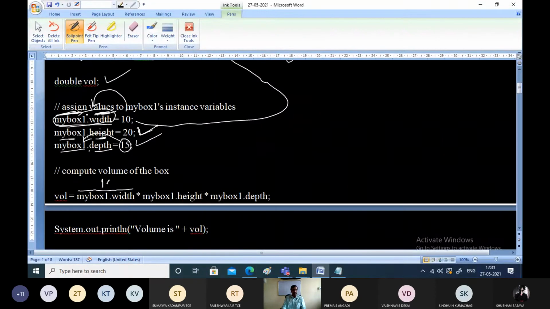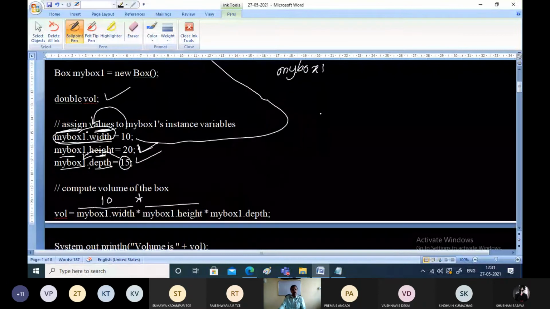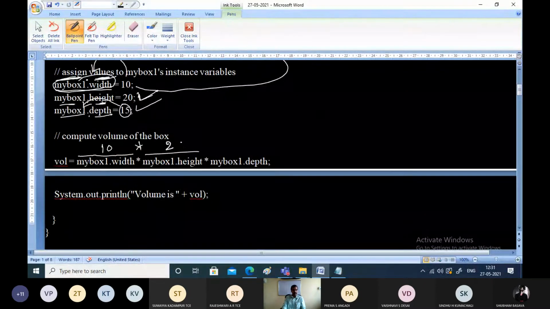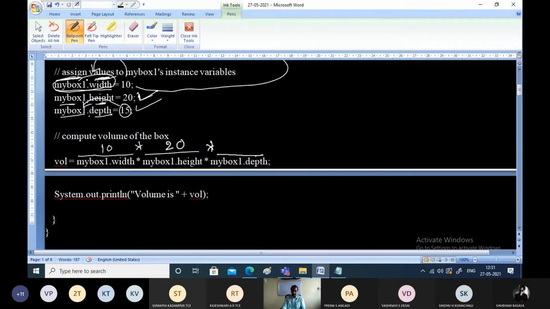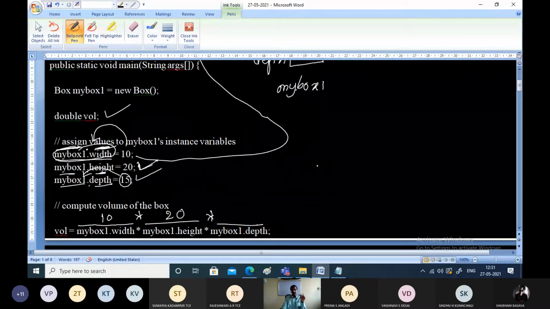Access that 10, into what is mybox1 dot height, that is, the value of the height member of the mybox1 object. The height member has a value of 20, into the value of the depth member of the mybox1 object. The depth member has a value of 15, so I should consider it as 15.